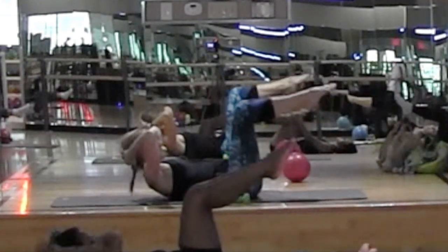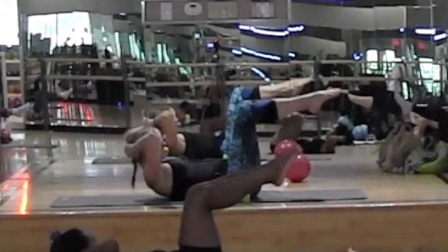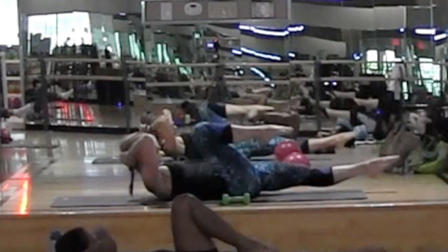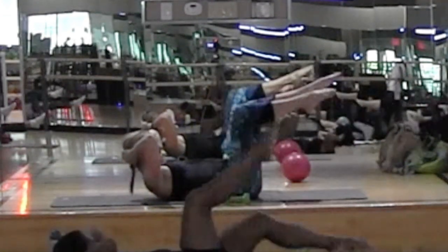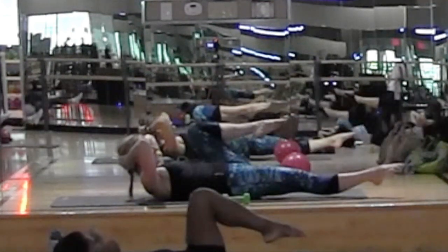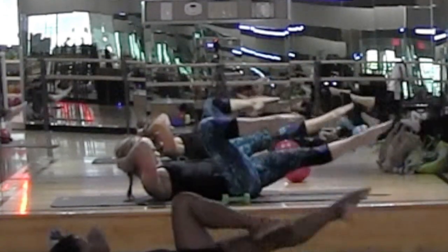And then lift your head and neck, hands fully supporting the weight of your head, looking right at your thighs. You're going to take the right knee in, lengthen out through the toes to the wall, focus is on the wall, and then back to the tabletop. And then left knee and right leg extends, and tabletop. Right knee in,